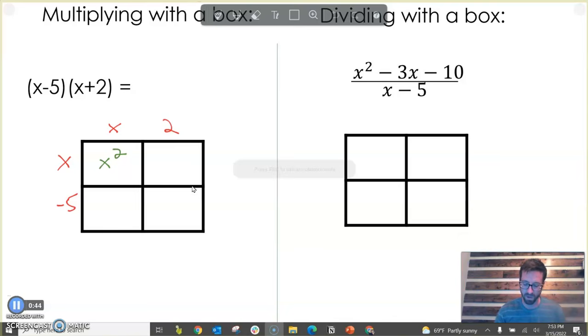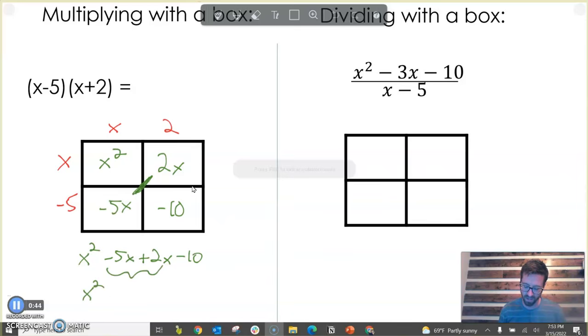The other thing, if I keep going, so let's see, x times negative 5 is negative 5x, x times 2 is 2x, and negative 5 times 2 is negative 10. Those terms right there, whenever we multiply with a box, are often going to be like terms that combine, okay? In this case, they combine to make that middle term, that linear term of 3x. So I want you to kind of store that in your memory bank,